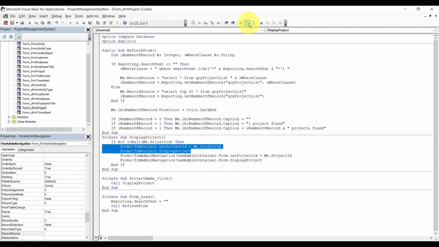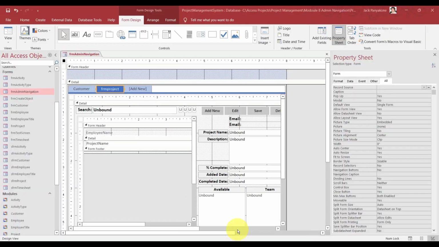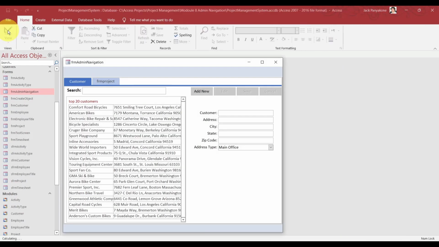All right. The reason why we want to comment this is because if we want to fix certain things or update this form, we can come back, uncomment that, and comment this. All right. Then we can save. Let's control save. Then we can just switch back and forth. All right. So if we run that,